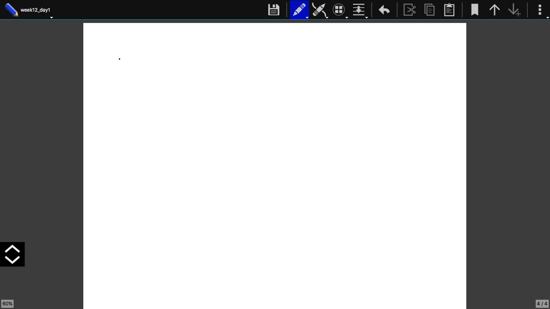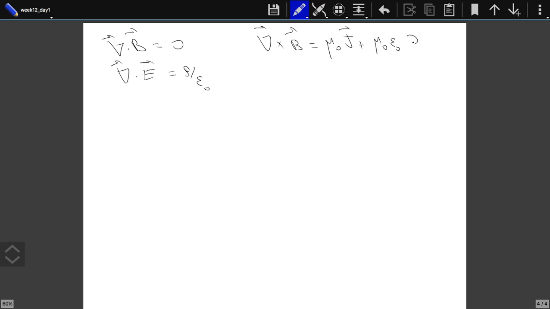Because if you look at the Maxwell's equations, well, at least in the case that rho is equal to 0 and j is equal to 0,